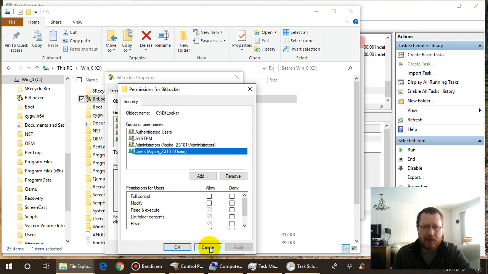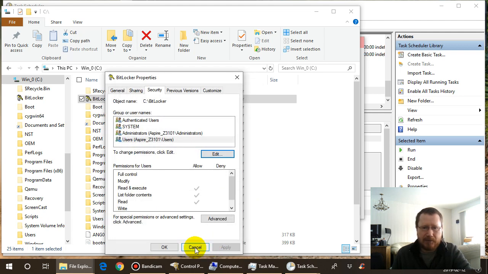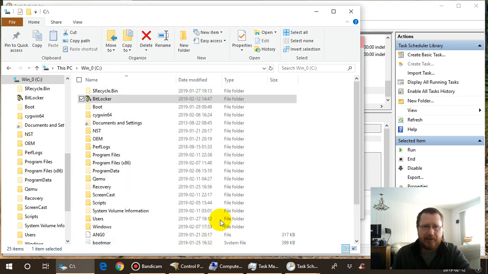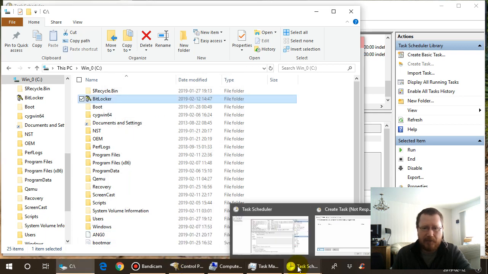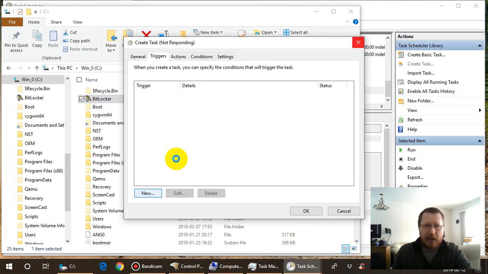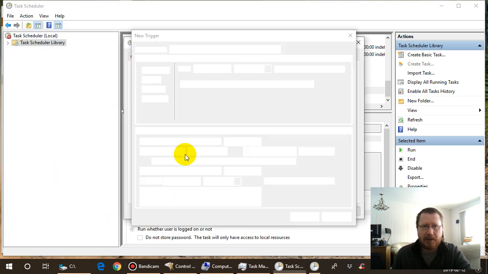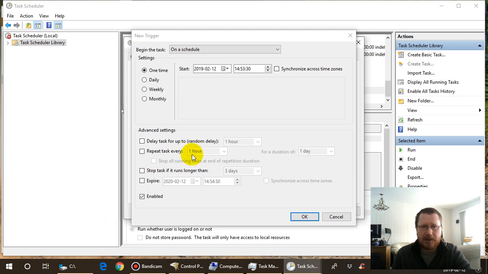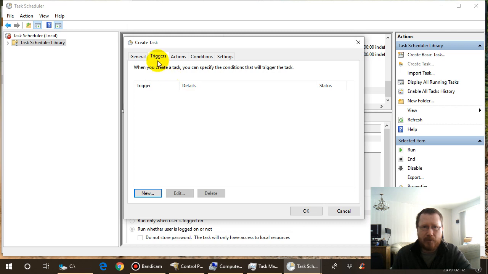But in this case, I want all users to benefit from having that partition mounted, so I'm going to leave it at those defaults. But if you have a different idea in mind, then you can manipulate that and make that directory a bit more secure. So I'm going to cancel out and show you that we are on the triggers tab, and we click on new,